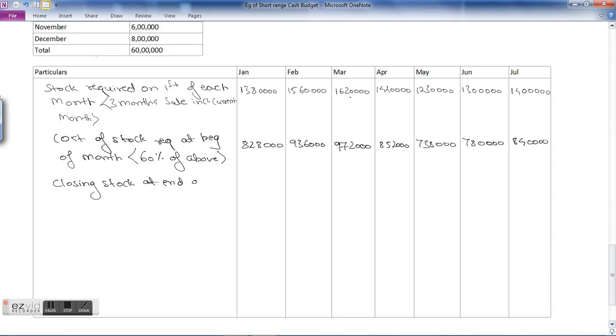Okay, now if you see, this is the opening stock for the month of Feb that is required as on 1st Feb. So the closing stock for the end of the month will be 9,36,000. Okay, from here to here. Accordingly, for every month, closing stock will be 9,72,000 in the month of Feb, then 8,52,000 here. Okay, here 7,38,000. Okay, here